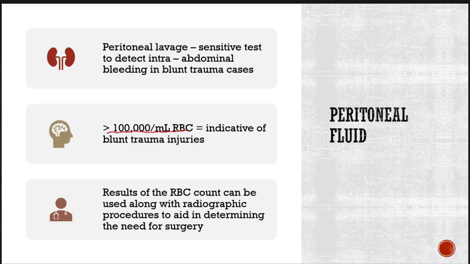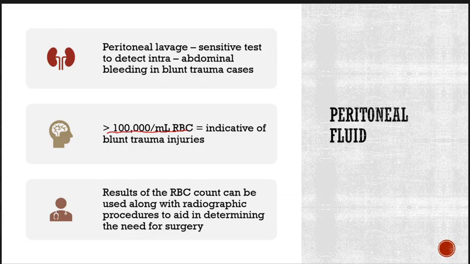Okay. So alongside ng RBC counting, we can also use radiographic procedures to aid in determining the need for surgery. Okay. So if greater ang bleeding, okay, so hindi kayang i-resolve on its own, okay, so andyan na papasok ang